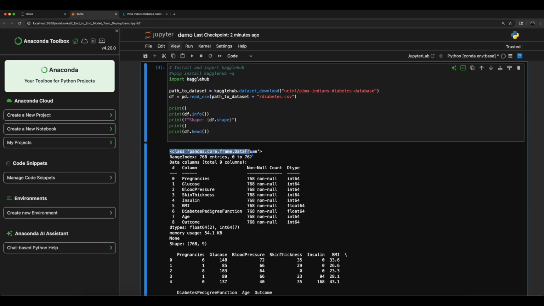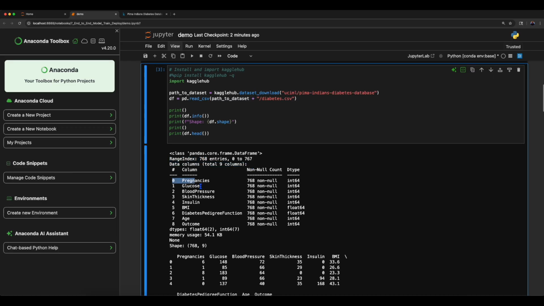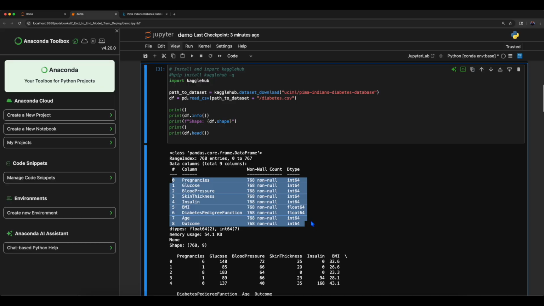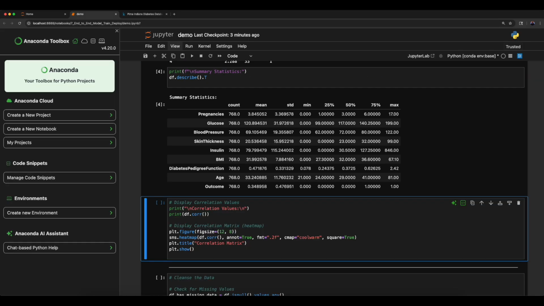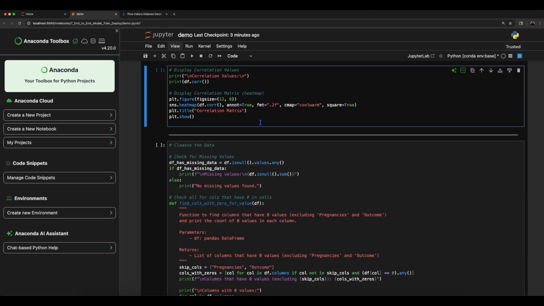And we see the dataset's been imported as a pandas data frame. There are 768 entries with 9 columns. And all the columns are numeric. And here's a preview of the head of the dataset and some summary statistics. Now let's display a correlation matrix of the features